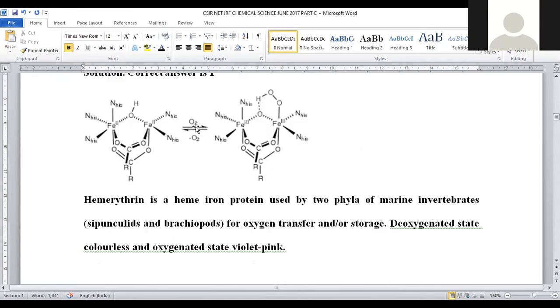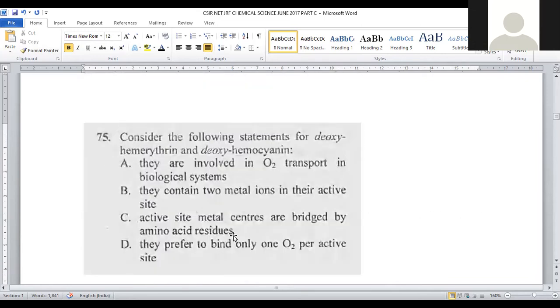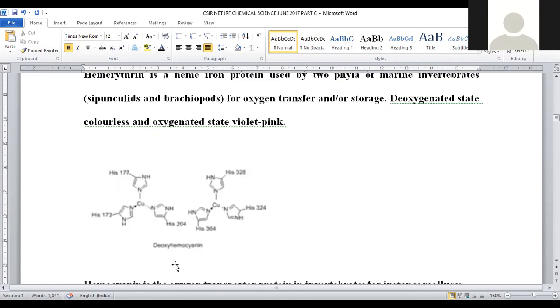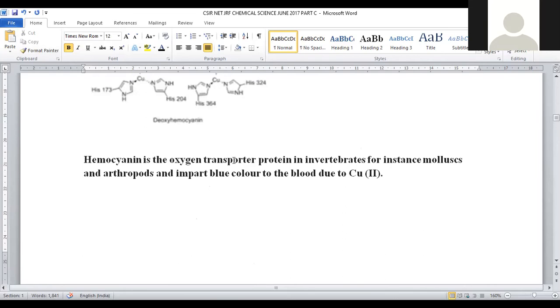It is used to circulate the oxygen in the entire biological system of these marine invertebrates, right? And even storage of oxygen is another additional function of these compounds. In the deoxygenated state, it exists in violet color, right? So this is statement number 1, the correct answer only. They contain 2 metal centers in their active site. So this is applicable to the first one, but in the second one, it may not be applicable. Hemocyanin is a kind of oxygen transporting agent, correct one only.